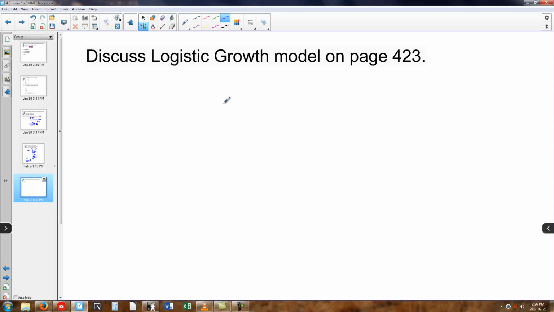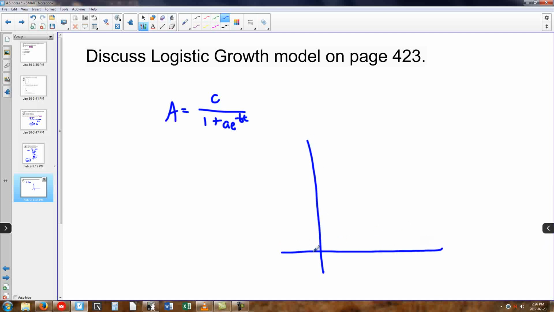On page 423, we talk about a logistic growth model, and these growth models are a little bit harder to work with as far as their equation. The equation is that the amount left will equal C over 1 plus A times e to the negative bt. Now the way these work graphically, and why these are so interesting, is that if you were to look at a graph of the model, you would see the equation taking off very fast, exponential growth, definitely. And then there'd be a point at which